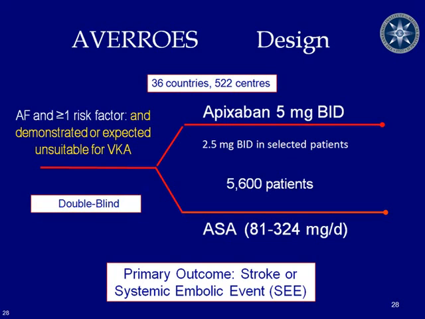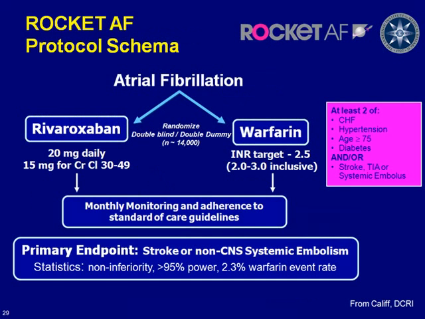And in the ROCKET trial, Apixaban was compared in a double-blind study against Warfarin. The ROCKET trial was recently published in the past 2 weeks in the New England Journal, and basically showed non-inferiority to Warfarin